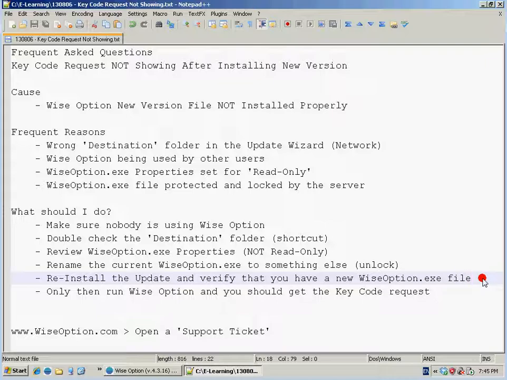running the update wizard once more, and then I verify that the WISE option.exe file has been updated and that I have a new file. And only after I make sure that the WISE option.exe file is indeed a new file on the server, only then do I go and install the file. So